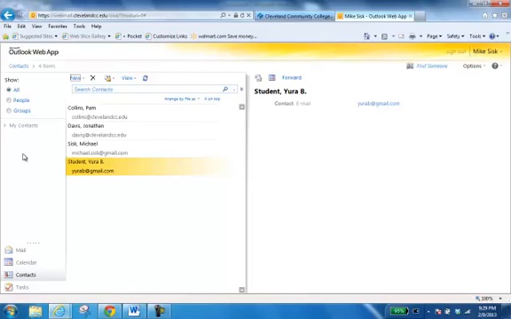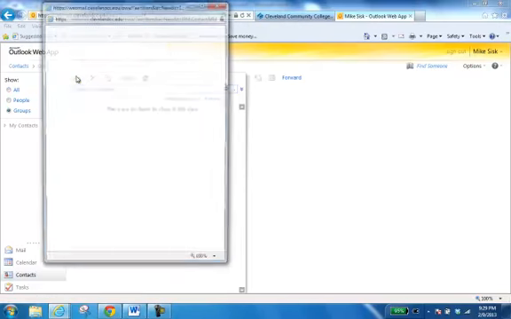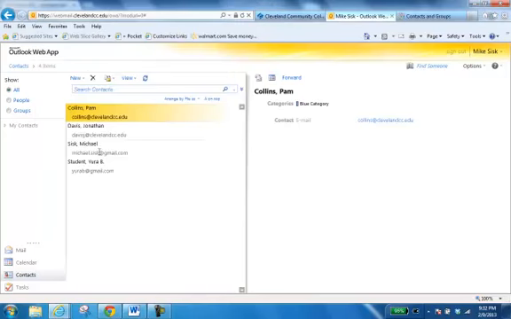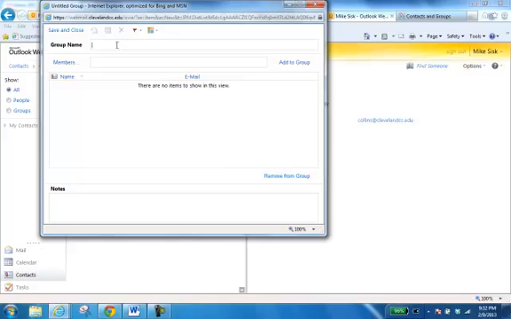Got that done. Now I can also do something. Again, the book calls it a category, but in this newer version of Outlook, they refer to these as groups. So if I wanted to make a new group right here, I could also do that. So here in my contacts right here, I click the button that says all. I'm going to go over here to new, and instead of choosing contact, I'm going to choose group. And let's say maybe the group, since we're called Computer Information Systems Technology, I'm going to call it CIT right there. And for my members, I can actually go in and I could type in,